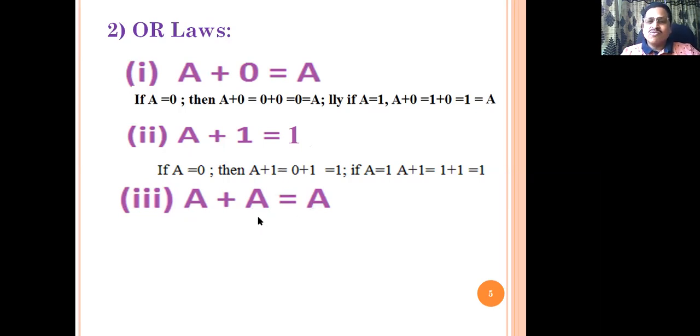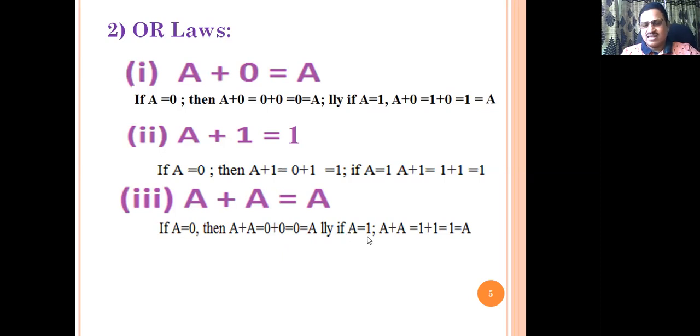This can also be verified by taking the value of A as either 0 or 1. In the first case, if you take A as 0, the left hand side is A or A, replace A by 0, 0 or 0, that is known to us by the OR operation. If the two inputs are 0, the output becomes 0, that is the value A assigned. Similarly, if you take the value of A as 1, then the left hand side A or A, replace A by 1, 1 or 1, for a two input OR gate, the output becomes 1, that is A as we assumed. Thus A or A equals A is verified.